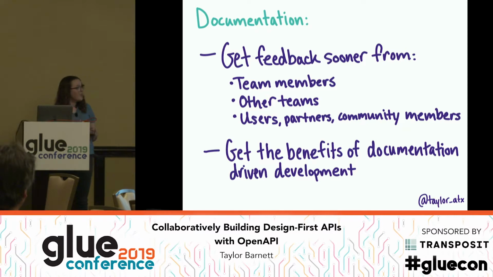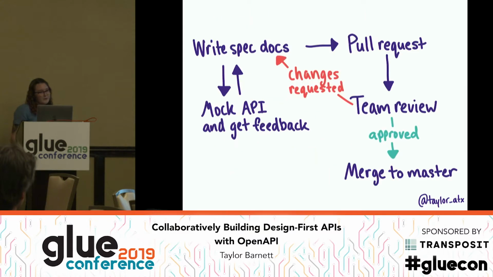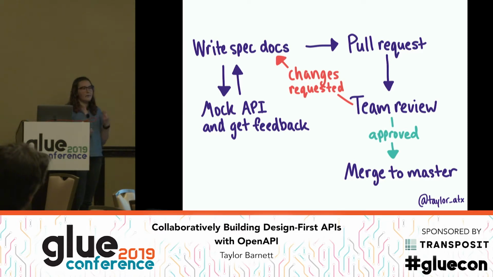And then the other thing is, even though we aren't really practicing what some may call documentation-driven design, where you write the docs before you implement something, you are kind of getting that with being able to auto-generate the documentation from the specification. So this is like a lightweight process, maybe for an internal API that only your team is using. We write the spec, we mock it, we get feedback, we iterate there, and then we pull